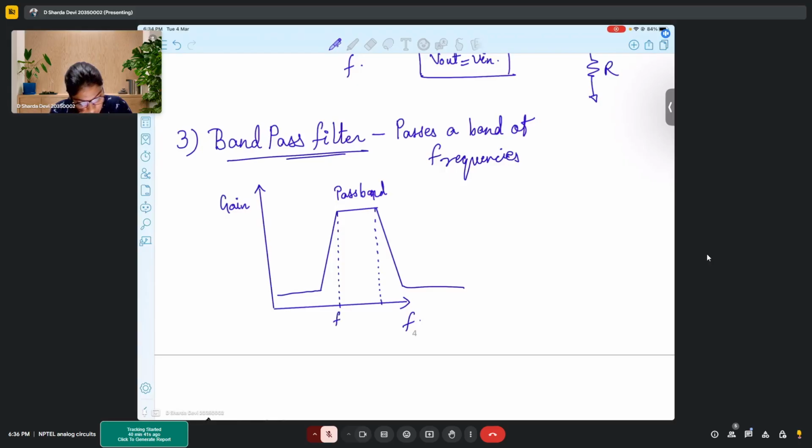These are like low and high cutoff frequencies. This is the bandwidth. Okay, this is the bandwidth, and again these are stop bands. Now, if I ask you how many poles and zeros are required